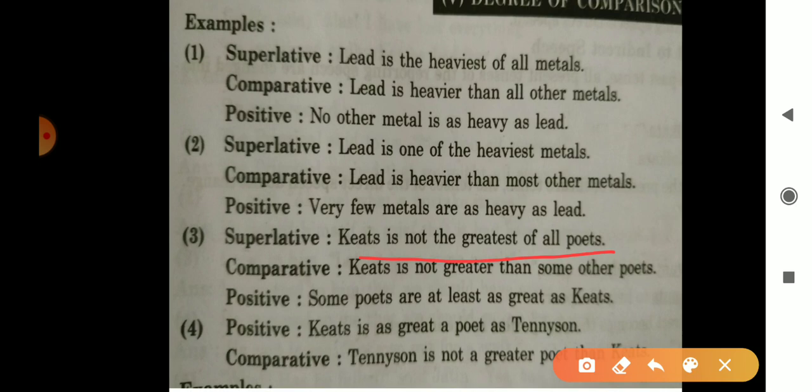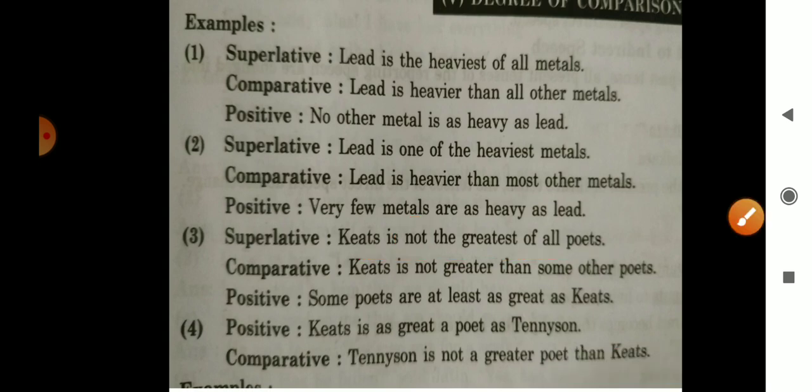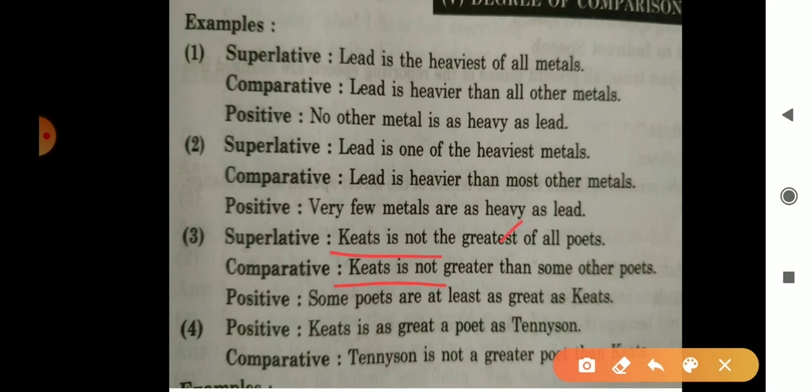He is not great among all the poets. They have used "not". We have to say that Keats is not so great among all poets. Now what will the comparative be? Greatest, greater, and you need to keep that in your mind. Then Keats is, as it is we have written the sentence, remove greatest, add greater, add than, some other poets. Instead of "of all the poets" we will write "some other poets", meaning among the remaining poets, this Keats is not great.